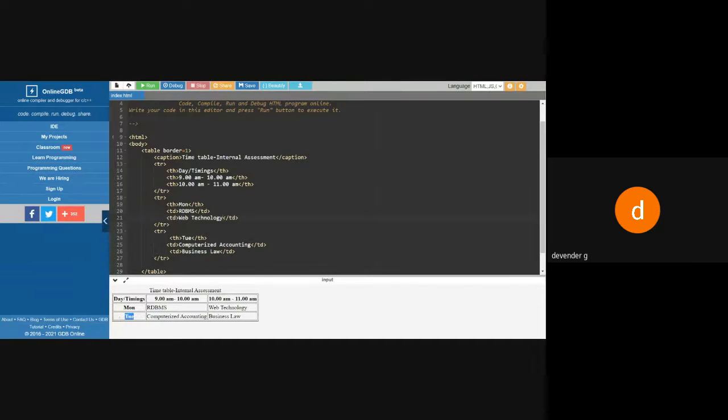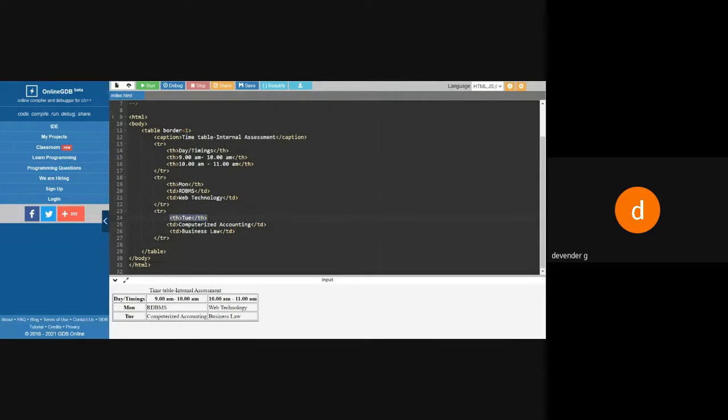So third row should be, one is bold, another is data. So when I want bold, use the TH. So this will become the TH. Then the other two will become data. So I'll say table data. So this is how you are going to write the code. Is it okay?